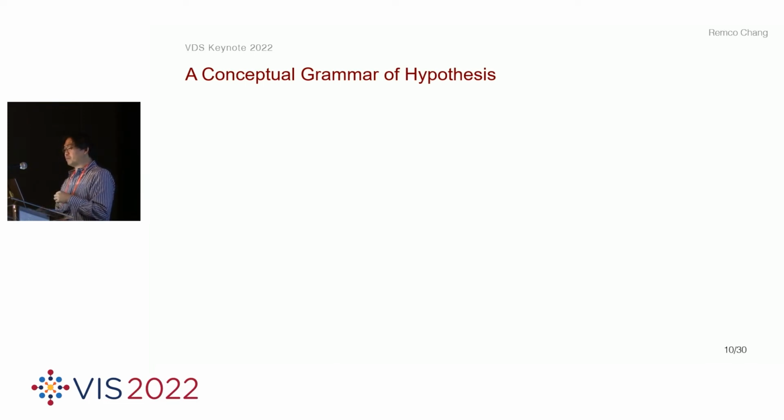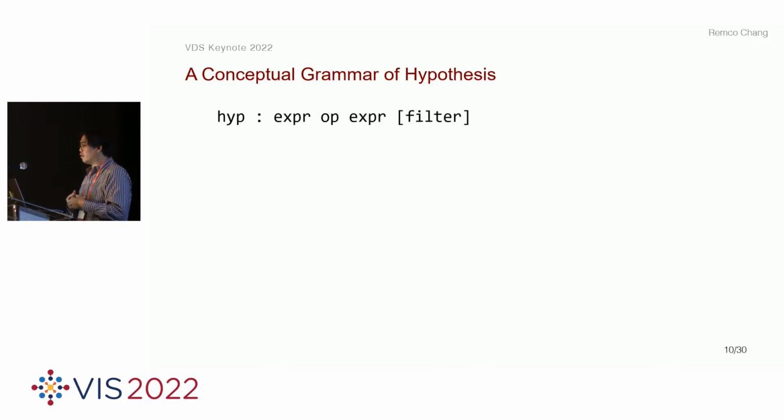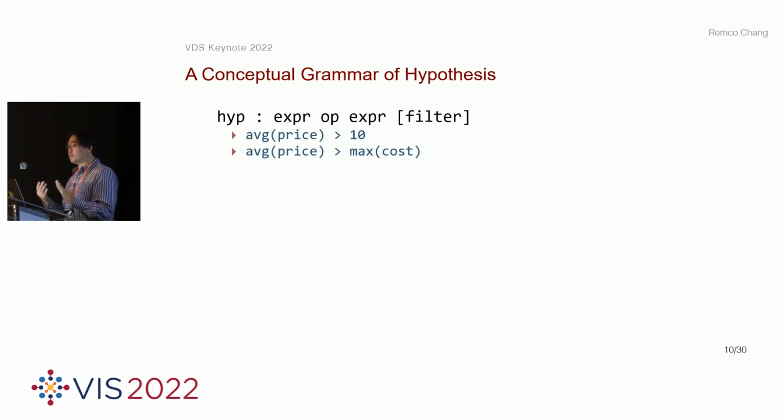Now I caveat this by saying, I think of this as a conceptual grammar. It's not a grammar where you're going to start implementing tomorrow, but it's more of a mechanism for us to think. So the first thing I have is that a hypothesis is defined as an expression followed by an operator, followed by an expression. So for instance, the average price greater than 10, or the average price is greater than max of cost. So if you notice, what we're saying here is that we have two